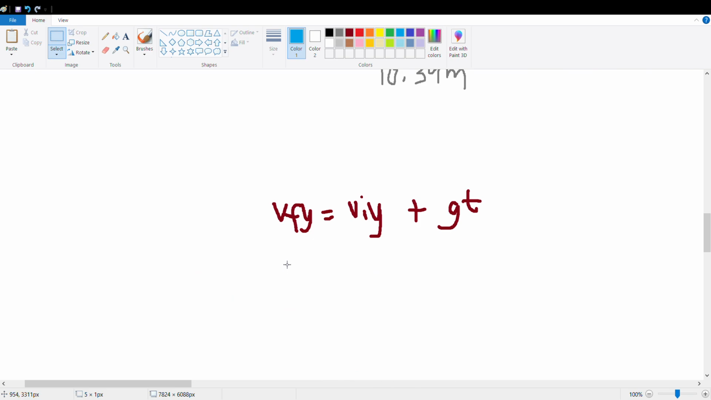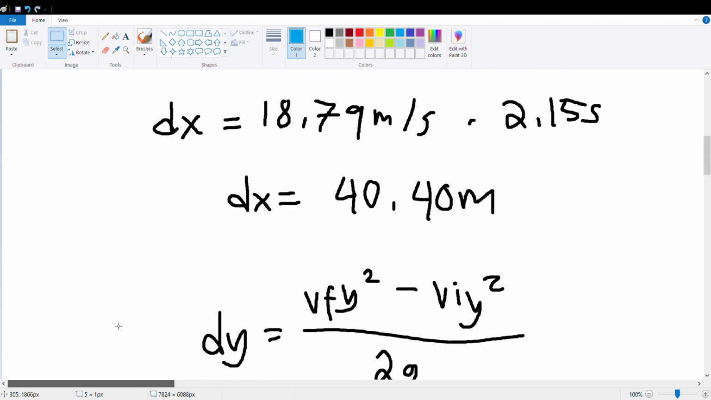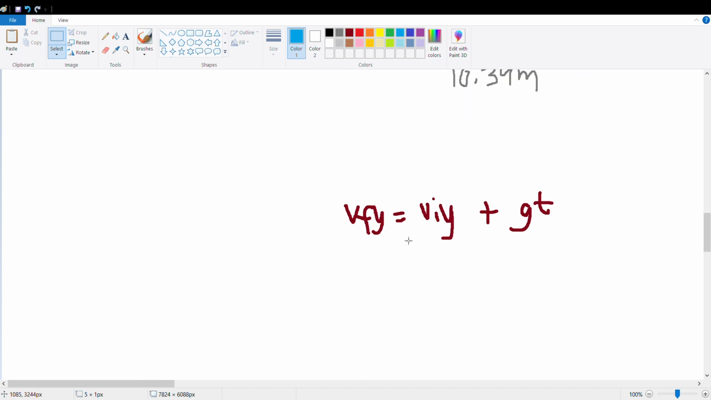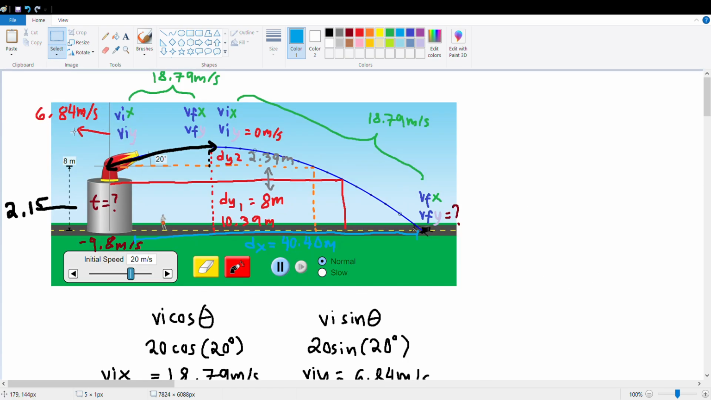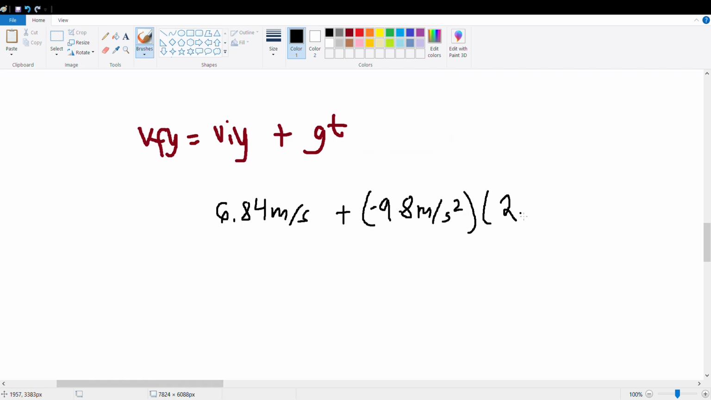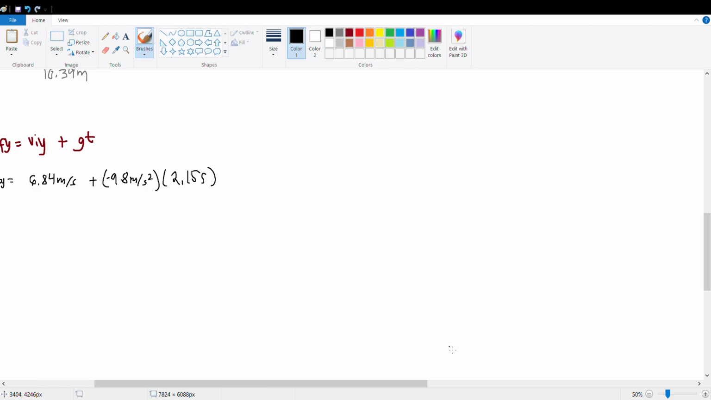VFY is the angle of this, I think. Wait. VIY, we're gonna use 6.84, yes. 6.84 meters per second plus negative 9.8 meters per second squared times 2.15 seconds. And then if we put that in a calculator, we would get